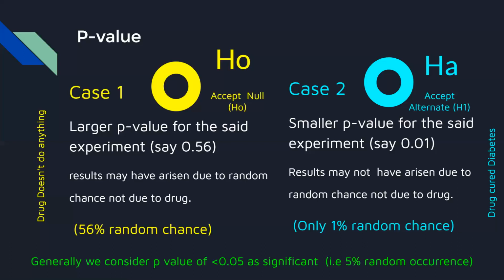So, in general, a p-value of less than 0.05, that is 5%, is considered significant. But for clinical experiments, it is expected to be less than 0.01. However, there is a lot of debate on the use of this value in the scientific community. Okay,